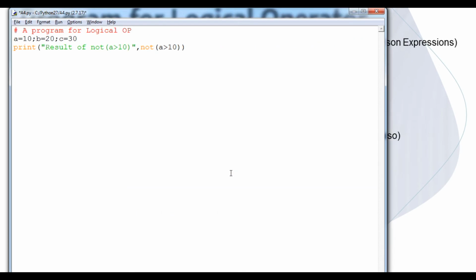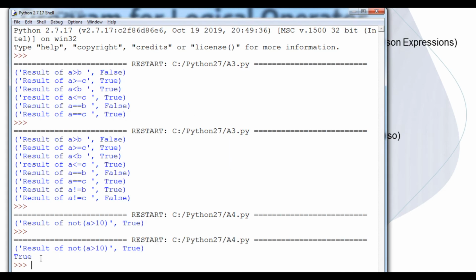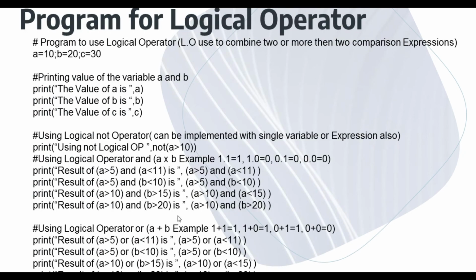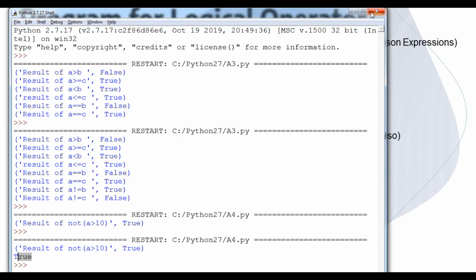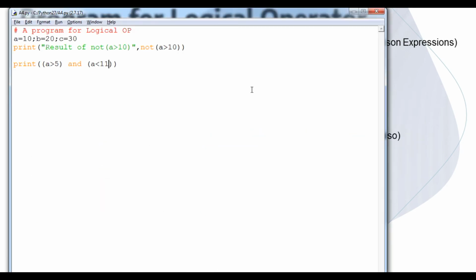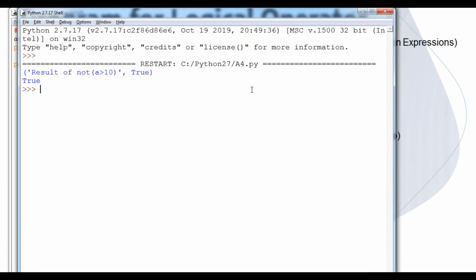So now do it practically again, student. Printing in a short manner, I will print a greater than 5 and a lesser than 11. So here it will print the answer true. Can you see that, student? True has come. I will not type the whole syntax, okay, you can pause the video and note down a class copy. Now you can see the output has printed, that is true.